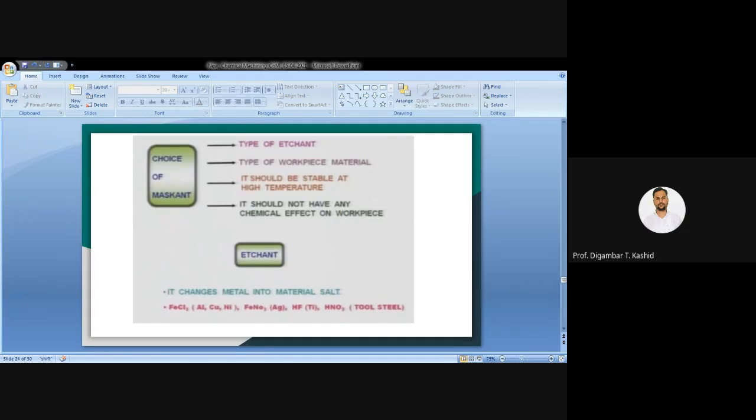And actually there are various etchants used, like FeCl3. That FeCl3 etchant you can use for aluminum, copper, nickel. Okay, then Fe(NO3)3 you can use for the silver material. Then HF etchant you can use for titanium. Then HNO3 etchant you can use for tool steel. Okay,